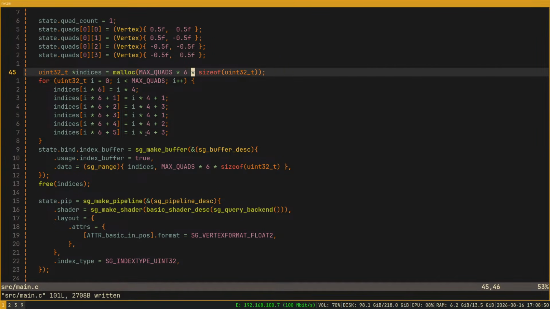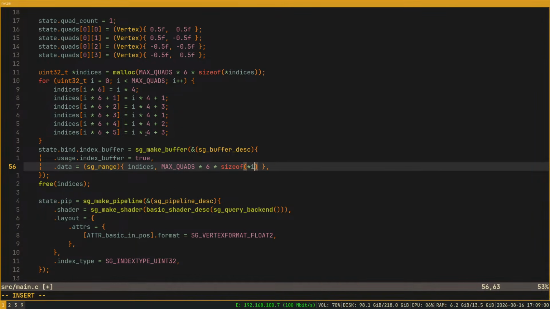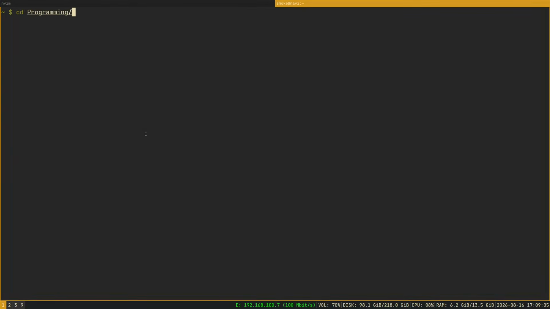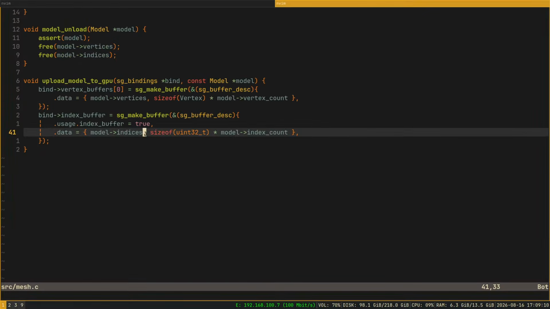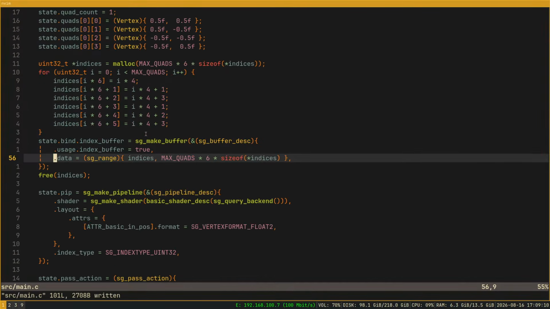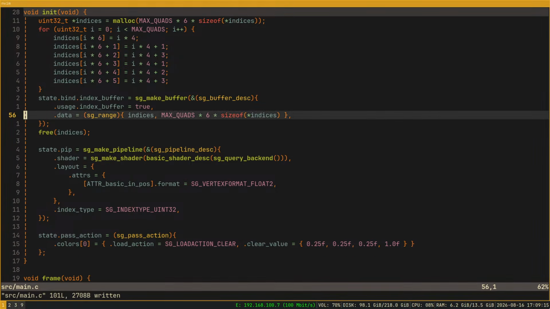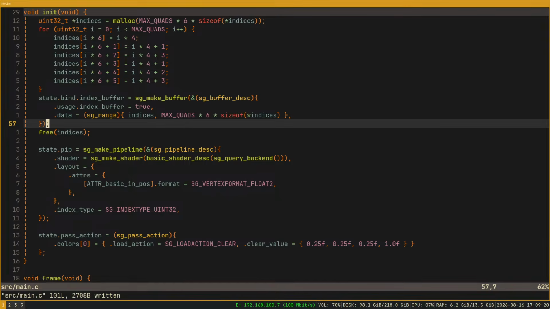Max quads multiplied by 6 multiplied by the size of our indices. And then we do the same thing here. Right. Where's my beautiful model index count? Yeah. Model index counts. Should I set this size too, maybe? I mean, I shouldn't because